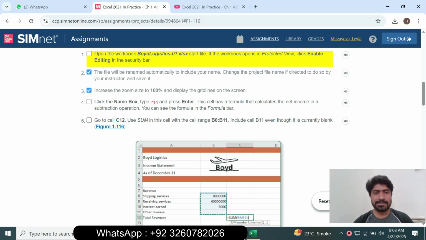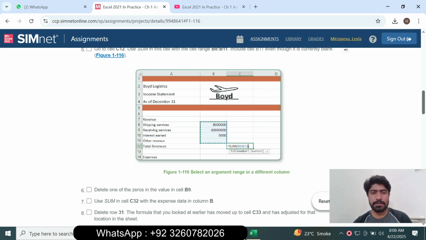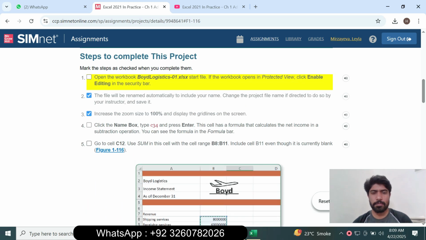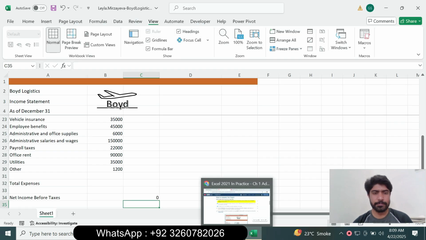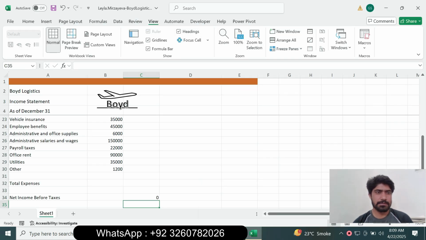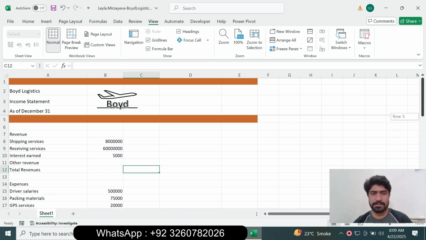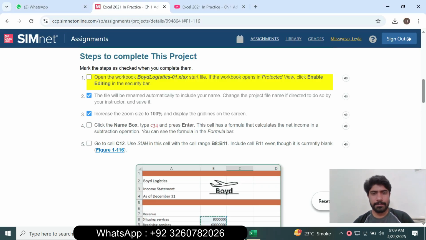Next, go to cell C12 and use the SUM function with the cell range B8 to B11, including B11 even though it is a blank row. Type C12 in the Name box and press Enter. Cell C12 is the total revenue.